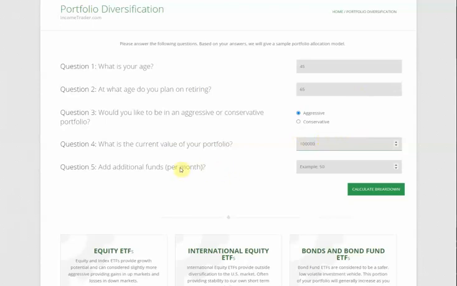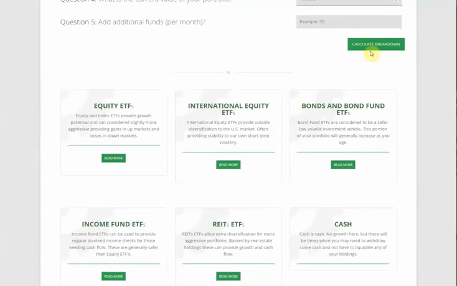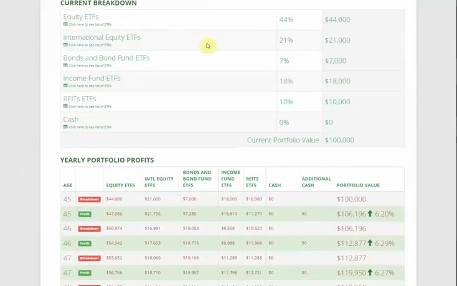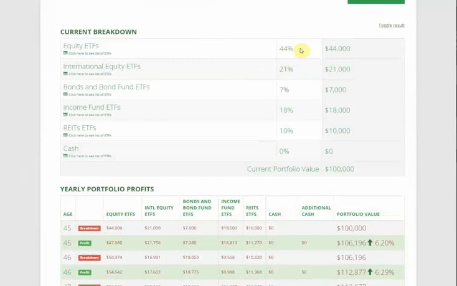Do you want to add additional funds per month? And right now you can say, no, I'm not going to add additional funds. I just want to manage what I currently have. Then it says, calculate the breakdown. And then up it comes. It tells you that as of your first year, about 44%, or $44,000, of your money